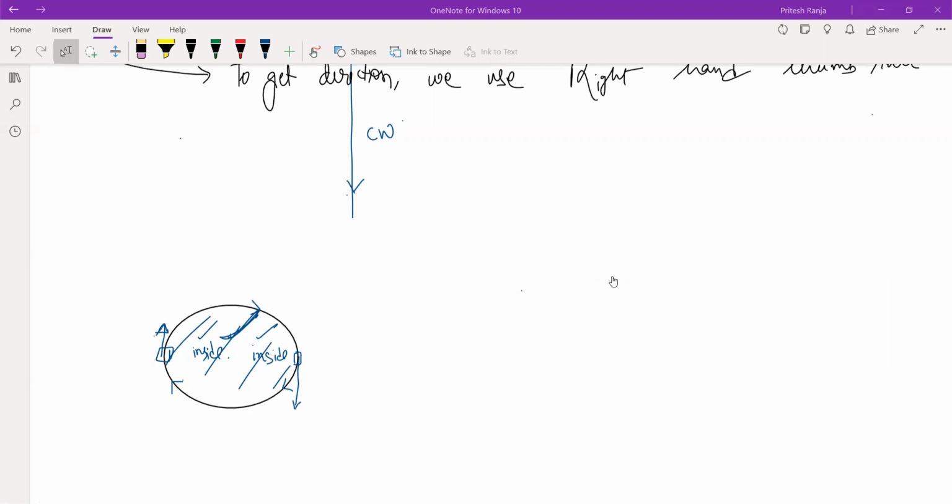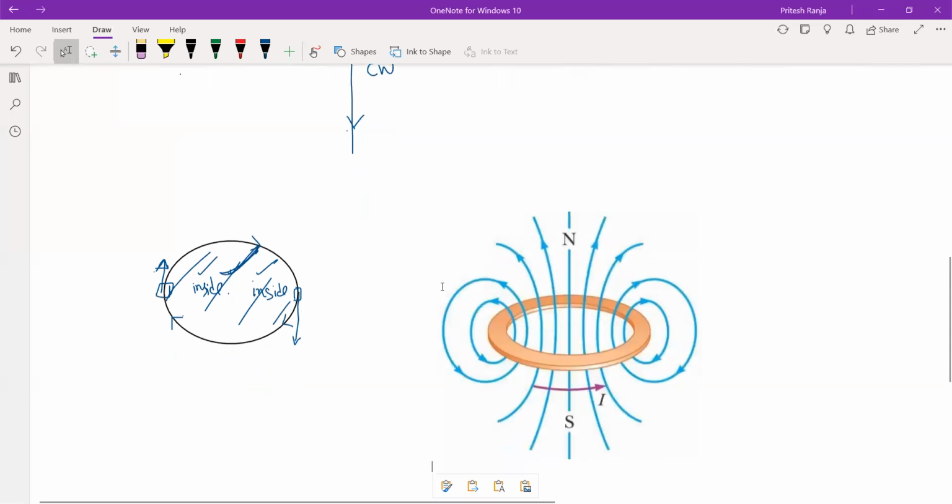So now let us see how a current carrying wire behaves as a magnet. That means how it has two poles. So you can see this is a current carrying wire. How is the current going in this? It is going from this side. So at any point if you see, with respect to this current carrying wire, this section, the magnetic field is in this direction, right? Just use right hand thumb rule. Put the thumb in this direction. You will see you are able to curl the fingers in this direction.